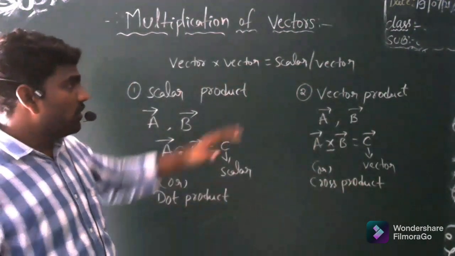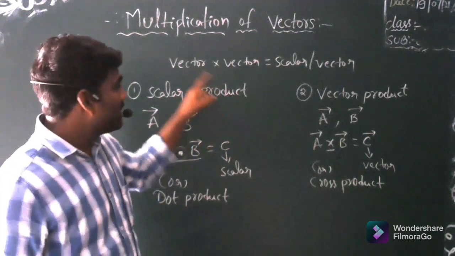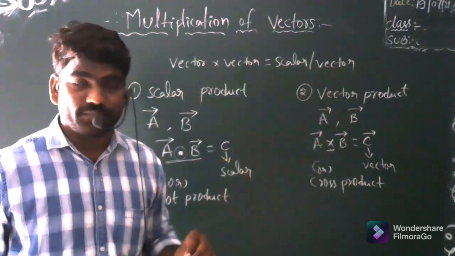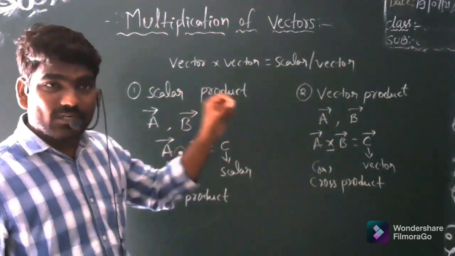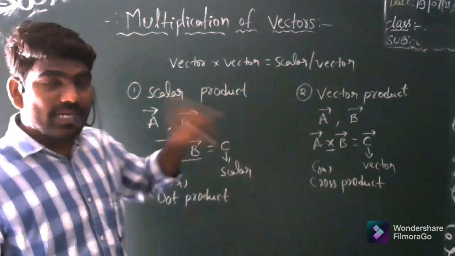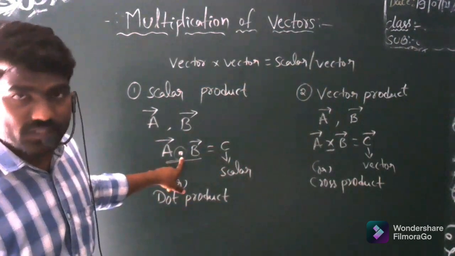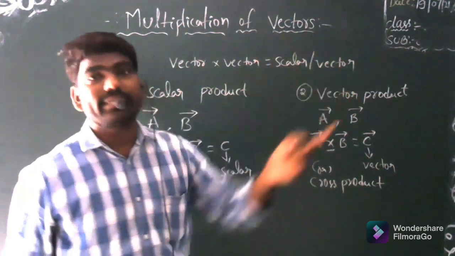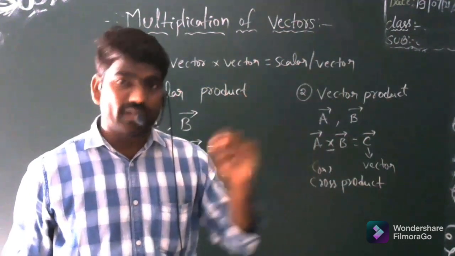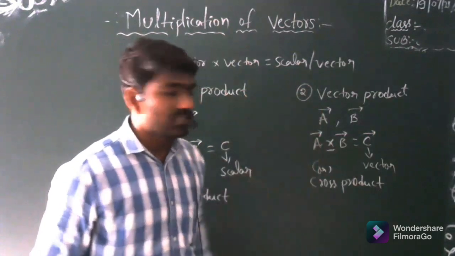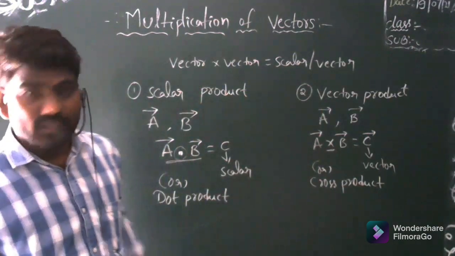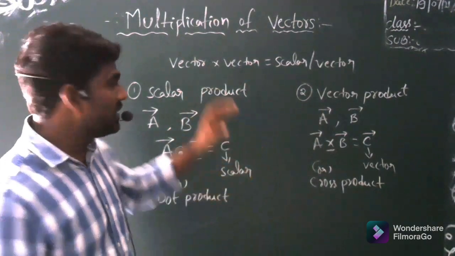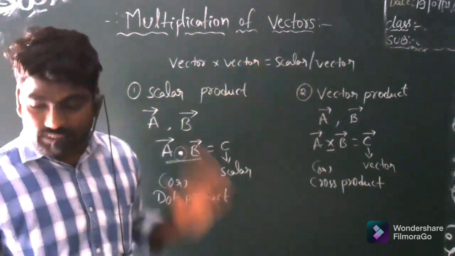So the information we get here is that when you take the product of any two vectors, the result may be a scalar or a vector. Whenever you get a scalar quantity as the result, the product is represented with a dot symbol because it is a dot product. Whenever you get a vector quantity as the result, that product we call a cross product or vector product. Now, if you take vectors with values, how can you find the scalar product or vector product?